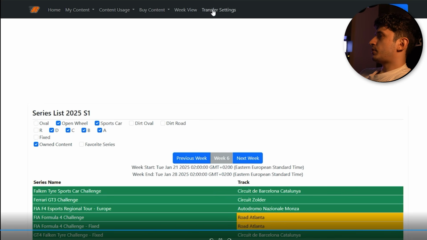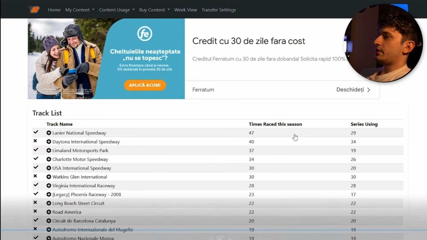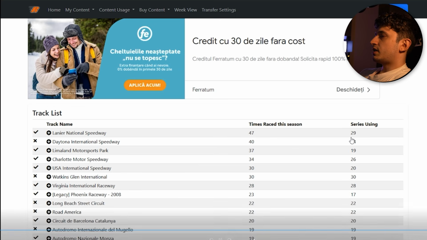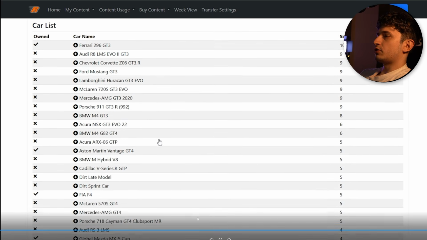But there's one more thing where I think this website is useful. With this times raced this season, you can basically sort all the tracks and see what are the most popular ones in the current season, and at the beginning of the season you can make the decision to buy some tracks by looking at this. Same with the cars, because look, if you sort by cars and you sort by popularity,